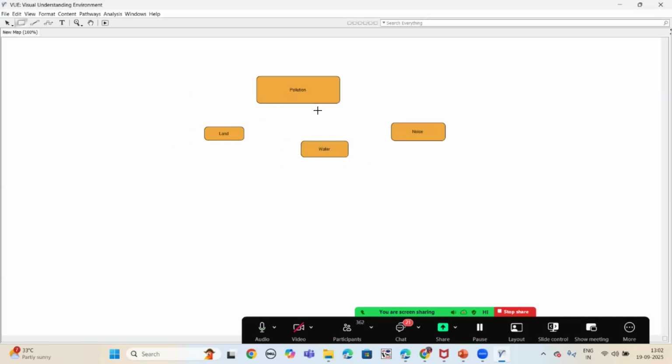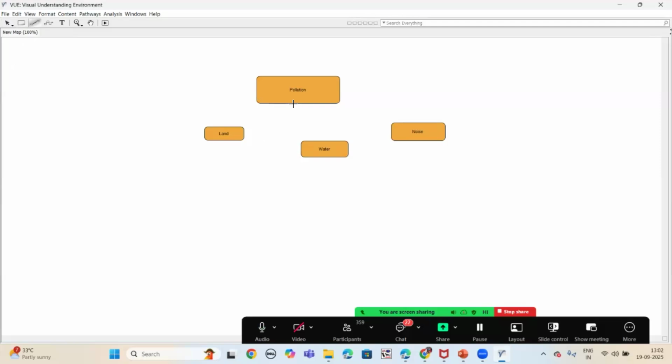You have seen that I've created some nodes here on the blank area, and now I'm making a connection between these nodes. To make the connection, I need a line tool or the linking tool. Again, I bring my cursor to the link tool and click on it, then bring the cursor to the map area.